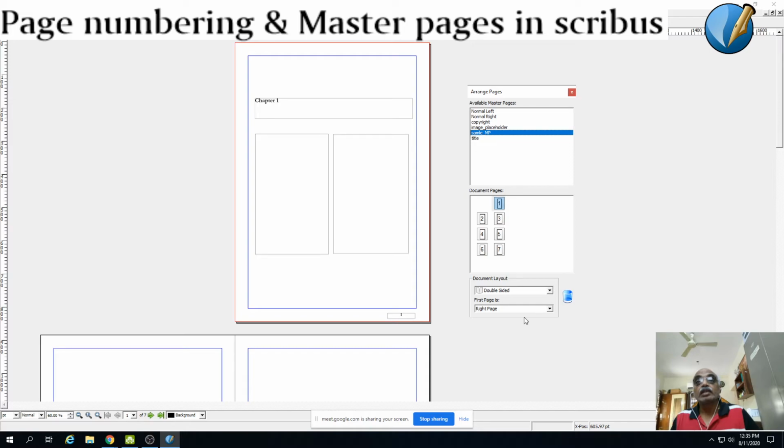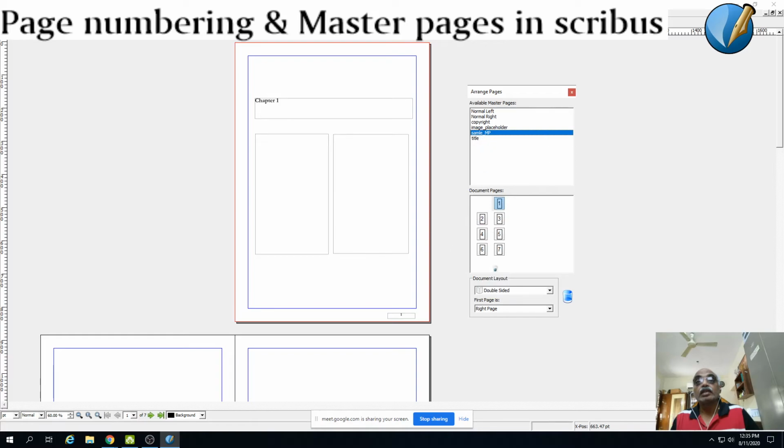Now supposing you want to add a page, and you want to create the same page, but you want it to be the 8th page. I repeat again, you want to incorporate the features you have designed in the sample master page, and you want that to occupy page number 8. So what you are supposed to do is just simply drag that master page to the empty space here.